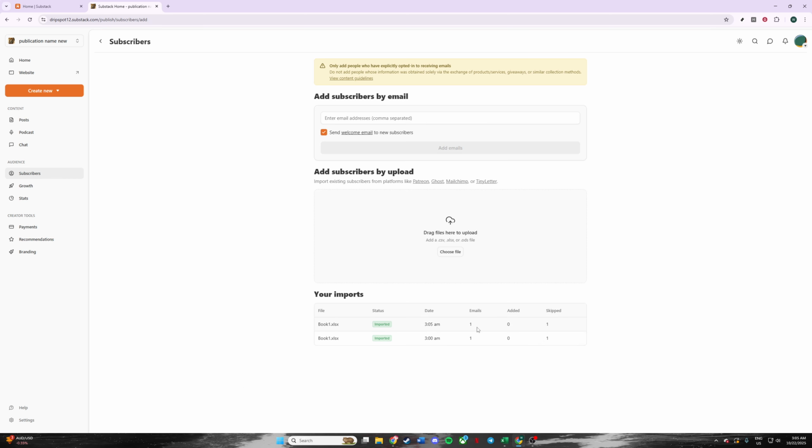And that's it. Importing your email list onto Substack is that simple. By following these steps, you ensure a seamless transition, making sure your subscribers continue to engage with your content without any